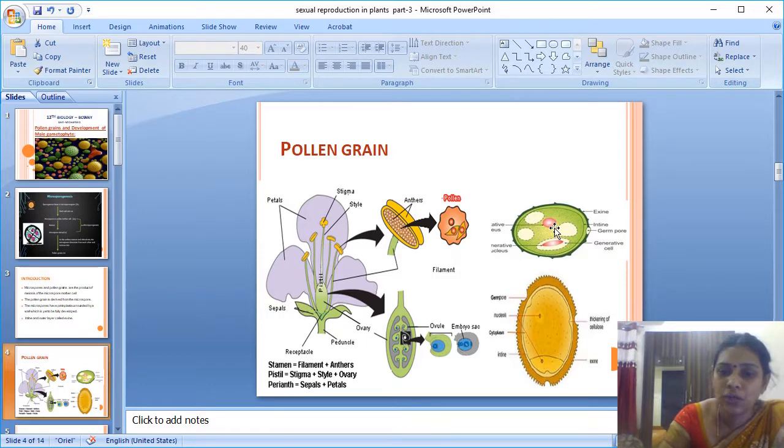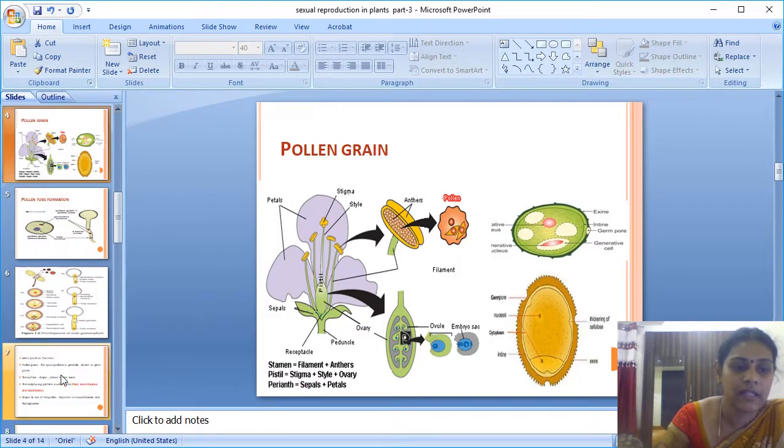So this is the vegetative nucleus, this is the generative nucleus. There are some vacuoles that are called food reserve materials, which are necessary for the pollen. And this is the same diagram. Both of them. So I am coming to the intine layer and exine layer.